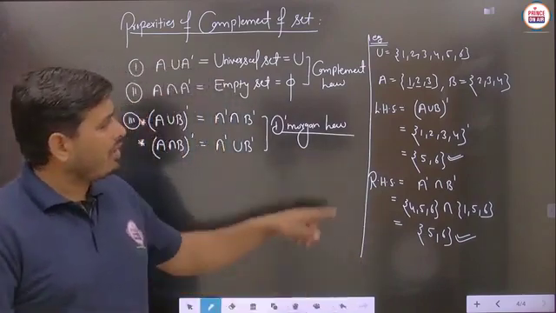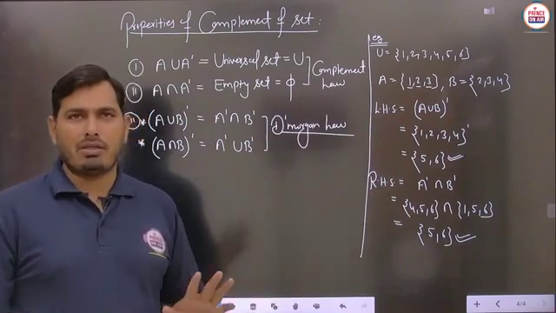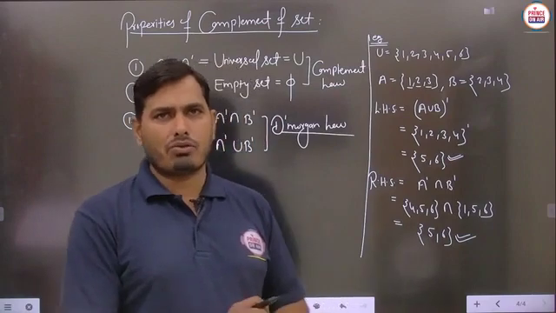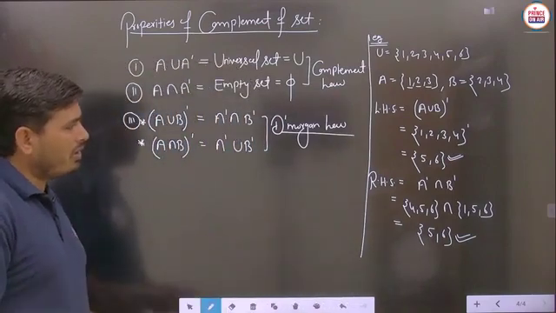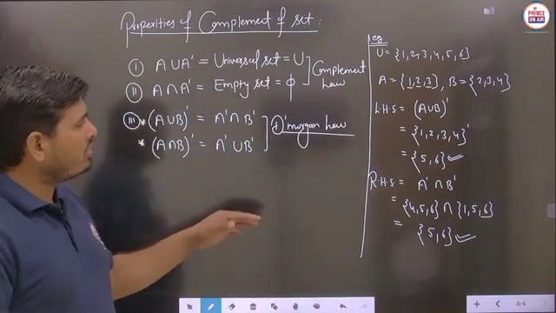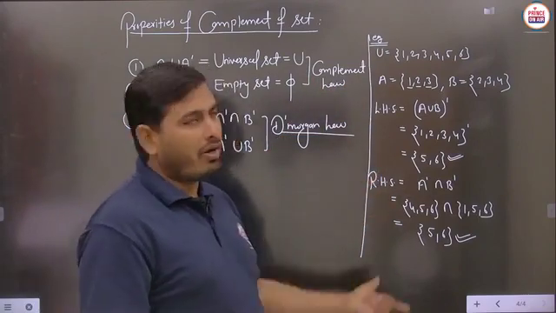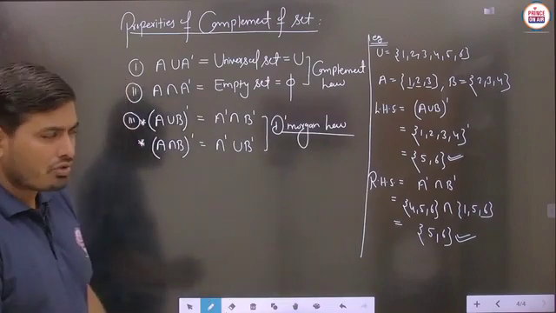The very first way, you can take any kind of examples like this, and another way, students, you can make the Venn diagrams also. So you can use any of the processes. Either you can take this type of simple example, or you can take the Venn diagram theory. Is it clear?